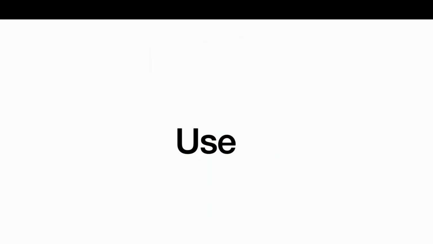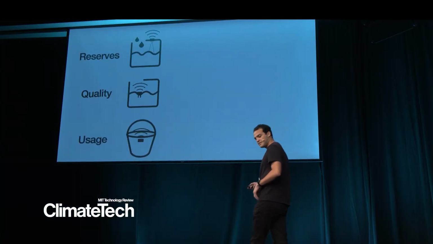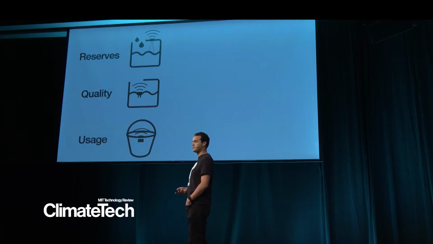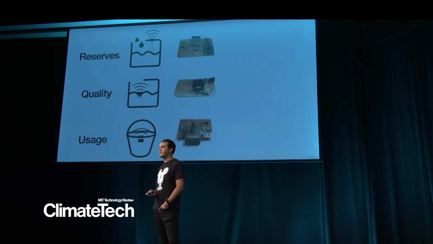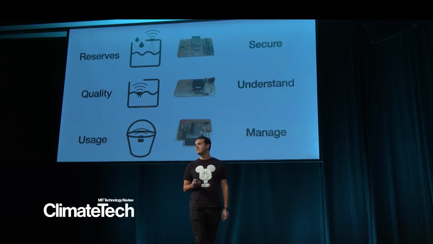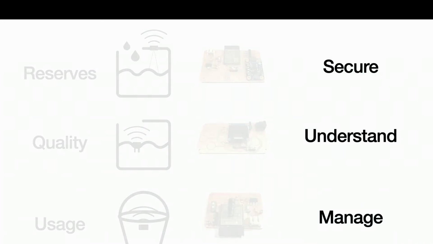To do so, we developed a set of distributed sensors that help us measure the reserves that the household has. They also measure the quality of the water within those reserves, and the usage patterns of the household or community. We prototyped downstairs some low-cost, low-power sensor systems, and we hope that when we deploy them, these sensors will allow the communities or households to better manage the usage of the water and understand its quality, so that they can use the highest quality for drinking and cooking, and the lowest quality maybe for watering the plants or for the restroom.